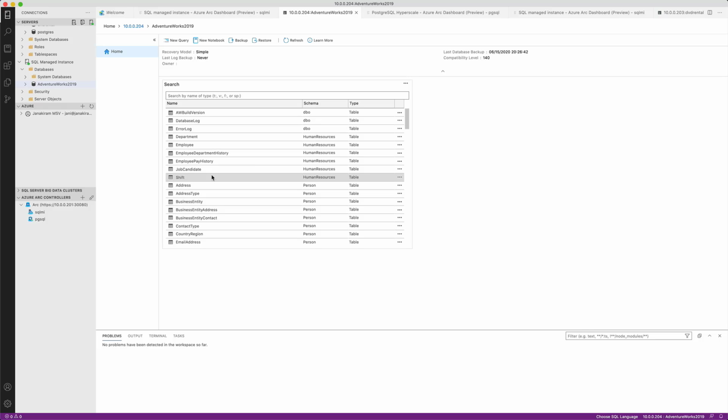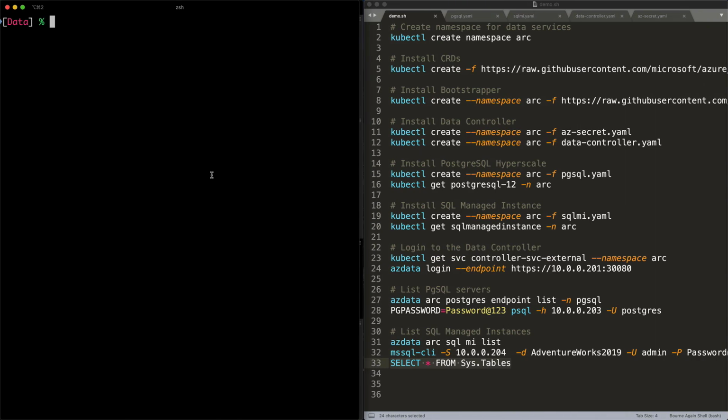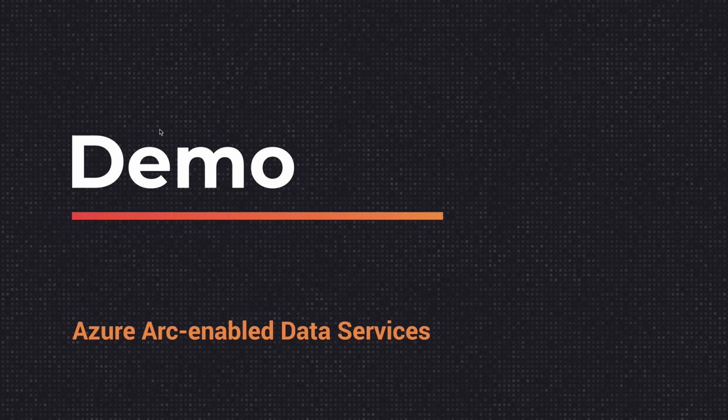Fantastic. Now it can't get better than this. So we are basically bringing databases into our own environment, giving them appropriate resources and managing the entire lifecycle locally. This is extremely powerful, and this is possible through Azure Arc enabled data services. So that concludes the third demo, where we have explored how to manage the databases installed through Azure Arc enabled data services. All right, that was a walkthrough of Azure Arc enabled data services. We are almost at the end of this keynote.